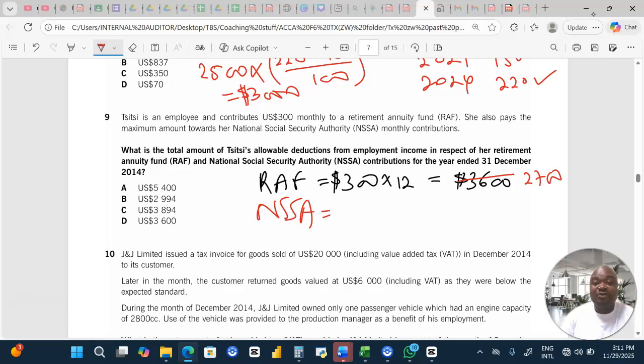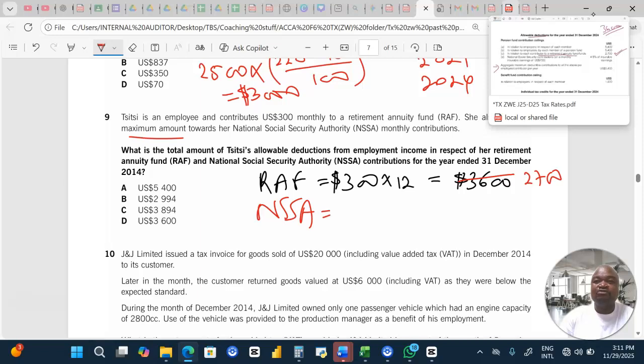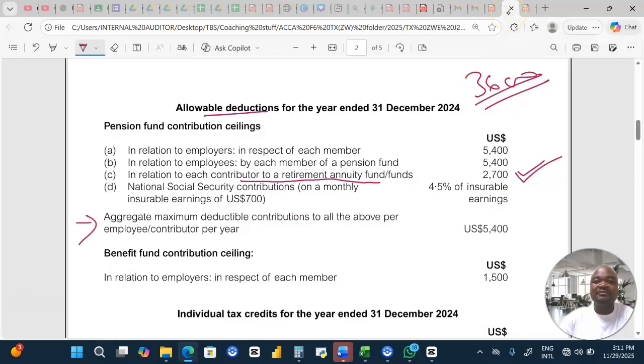She's paying the maximum. If she's paying the maximum, what is the maximum? The maximum payable to NASA, ladies and gentlemen. NASA Social Security contributions on a monthly insurable earnings of 700. So the maximum insurable earning is $700. No matter you are getting 2,000 per month or you're getting 10,000 per month, but the maximum the NASA